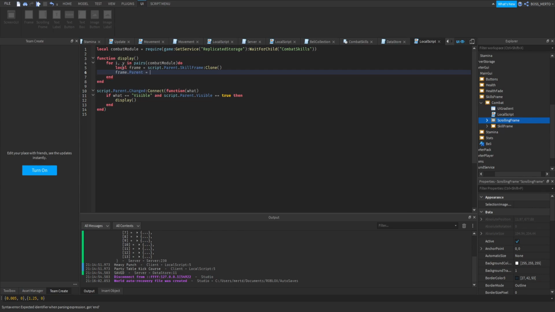Frame parent, script parent, scrolling frame. Come on. Scrolling frame. I'm going to rename the frame to our moves name. And now